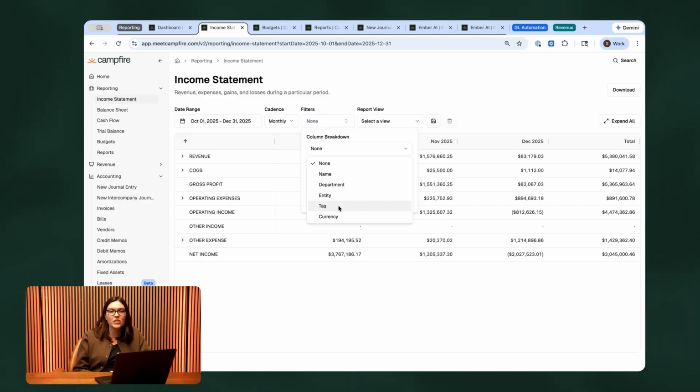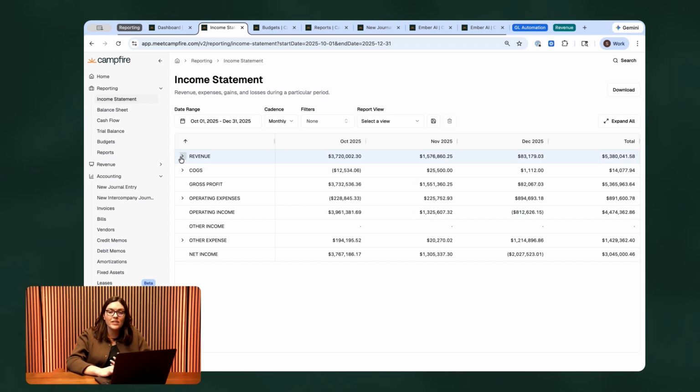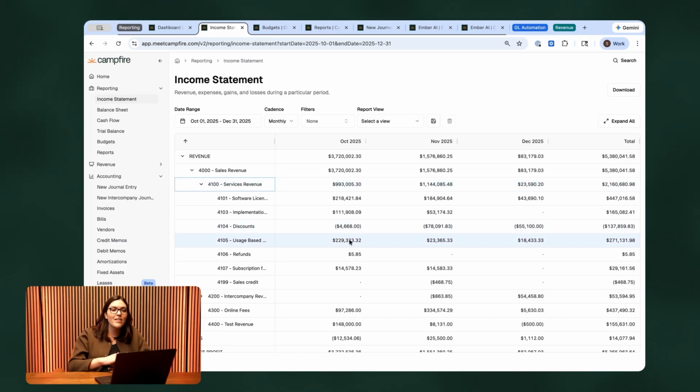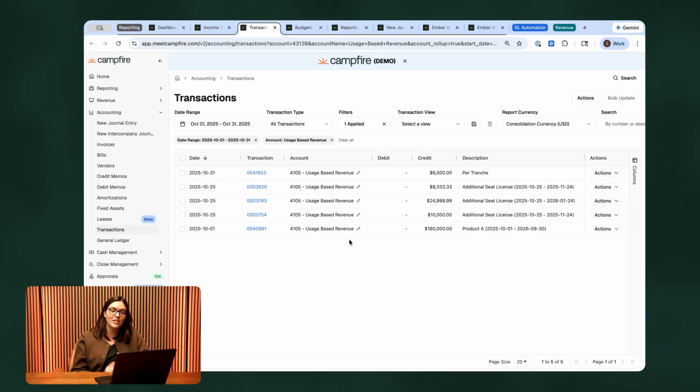So any customizations you have in your other tools that you like can be brought in for top to bottom reporting on those. Otherwise, on the reporting side, really designed to be comfortable for people who are used to using Excel, so arrows to dive into the details, and then you can click on any number to get the transactions that make it up. So by clicking on it, you'll get all of the backup support for it. You can click on any of the individual transactions, and this is true for any of our reports and then